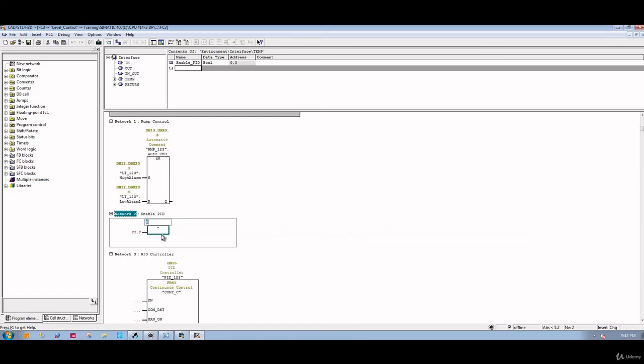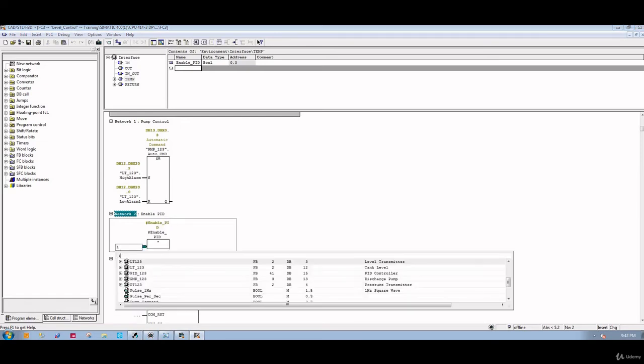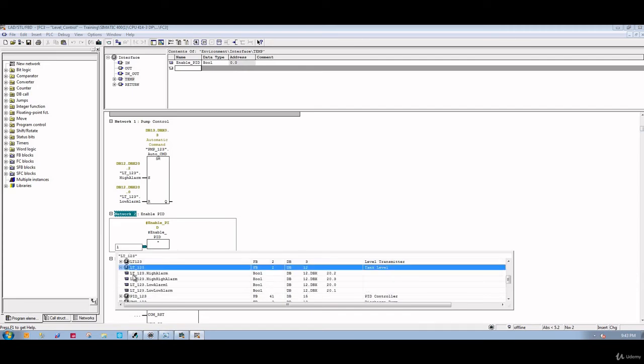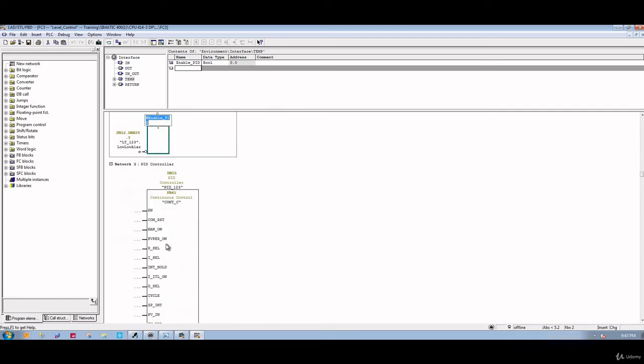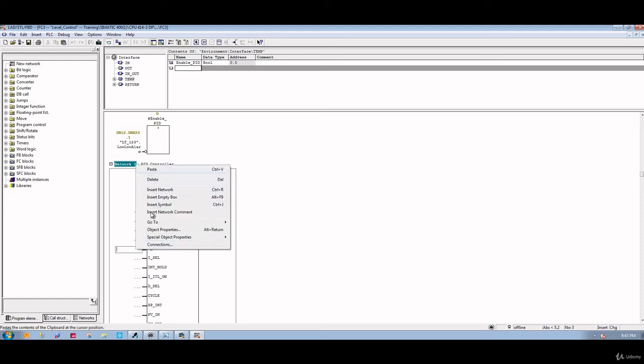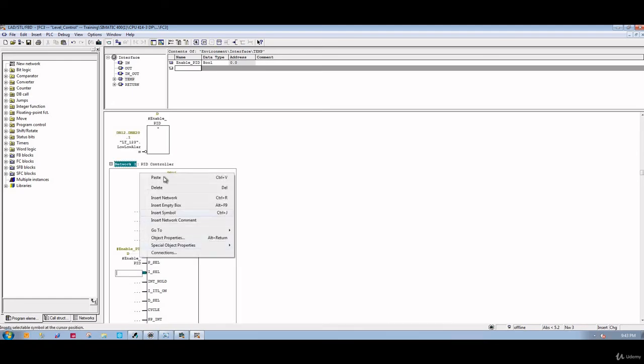Enable PID when the level, which is LT 123, is not low. So use that inverter. As long as this one is not low, the PID controller will be enabled, and then we'll use that tag to enable the proportional, integral, and derivative